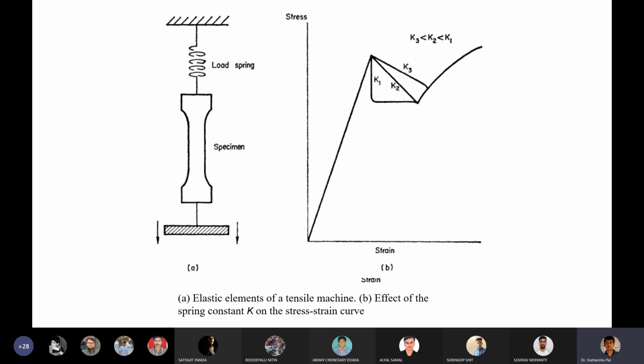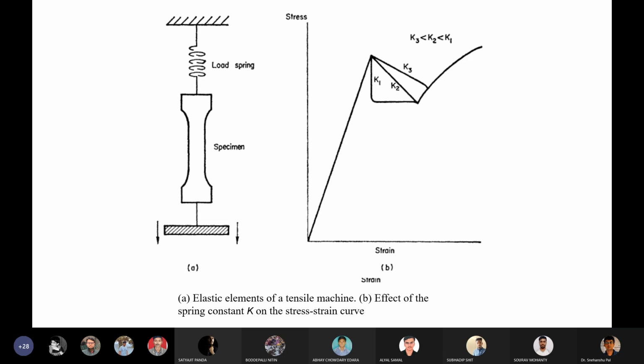So the effects of machine rigidity can be very simply illustrated if you look at the picture. Imagine the tensile specimen has a Young's modulus capital E, and the machine and supporting members have an effective spring constant K. Under a particular load A, the extension of the system you can easily write as L = A(1/K + l/(AE)), where small l is the specimen length, A is the cross section of the specimen, and capital E we already know. And based on that, if you see the extension of this specimen,